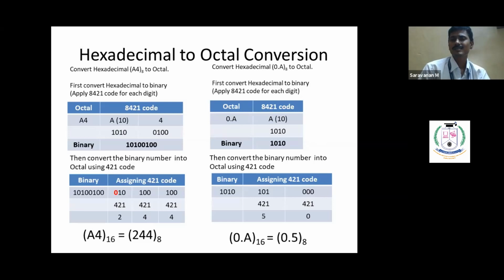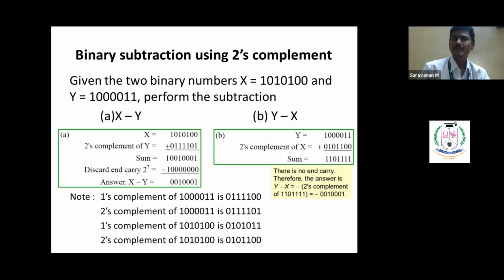We go to the second topic, which is the subtraction of binary data. If two numbers are given, how do we subtract using 2's complement? This is the logic, remember it. We may have a smaller number subtracted by a bigger number, or a bigger number subtracted by a smaller number. We can do either. So we take an example, say x is this one and y is this. We'll see both cases: x minus y and y minus x.